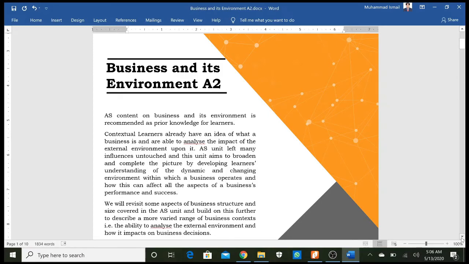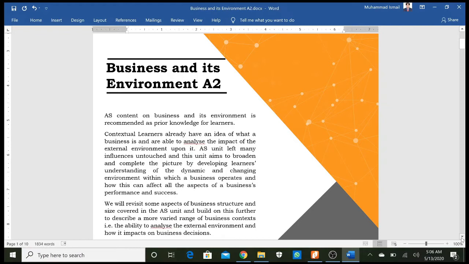As a student at AS level, under business and its environment, the things which we learned about the size of business, the nature of business, the corporate objectives of the business, etc., that is recommended or that is a must. It means, as a student, you're supposed to know that. Being contextual learners,